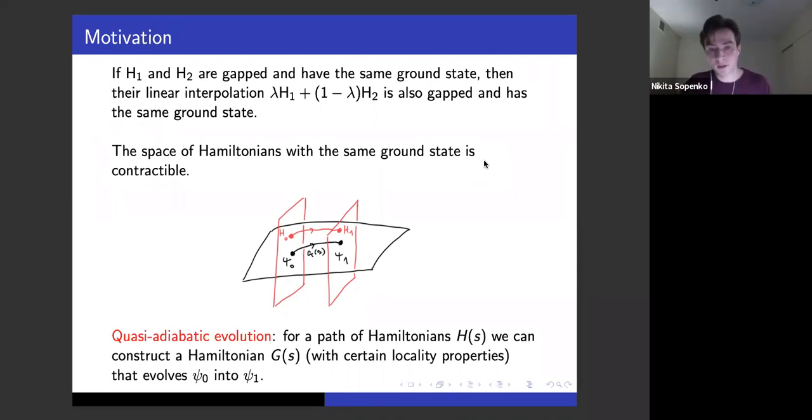And what we really want is to classify the space of possible ground states, and the equivalence that we define on states, if our Hamiltonian has some nice locality properties, is that the states can be adiabatically connected by a different Hamiltonian, which, if the original Hamiltonian is local enough, this new evolution Hamiltonian should also have some good locality properties.